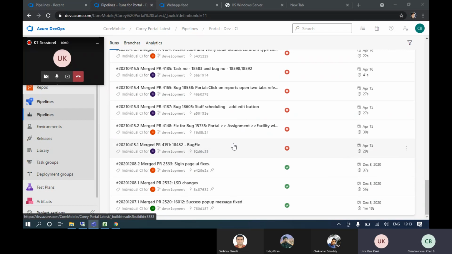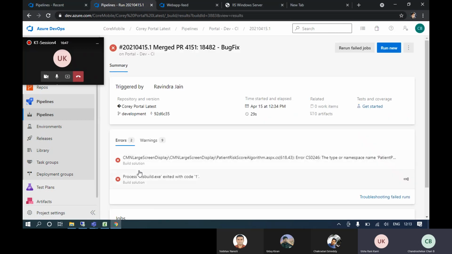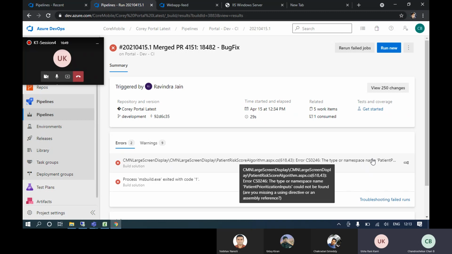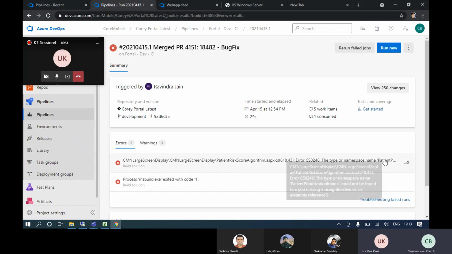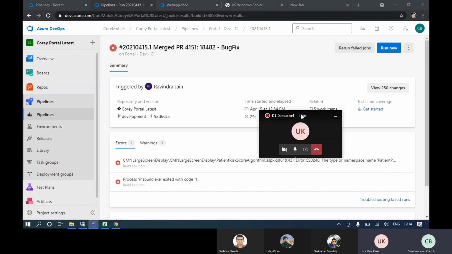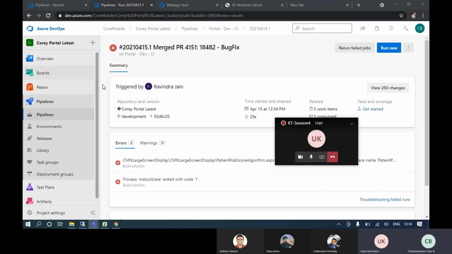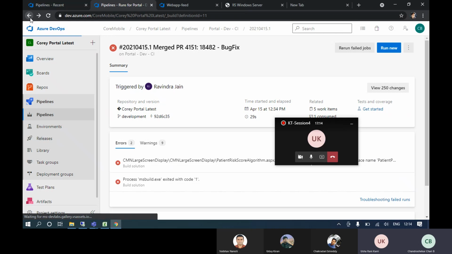Once you open this, this is our job, where it is failing, we need to figure out and we need to clear it. But when you see this error, it is failing because of the namespace. You can see why it is giving errors. This is because the patient risk scope algorithm ASP is not available. So this is the developer's job. I have raised a mail to the developer, and they have assigned Ravindra Jain for that. From 3 months, he has not cleared that. So only it is failing every job.